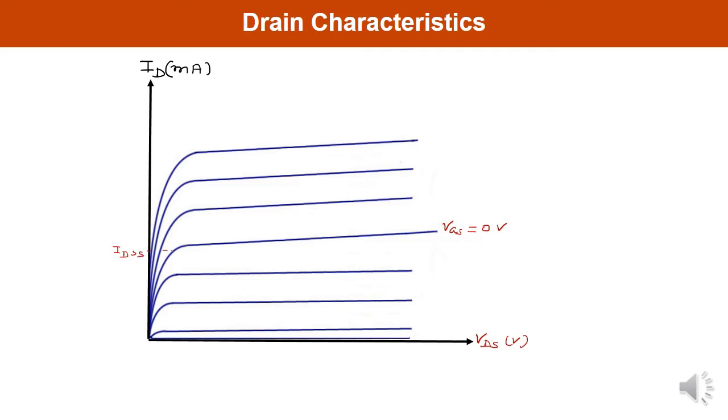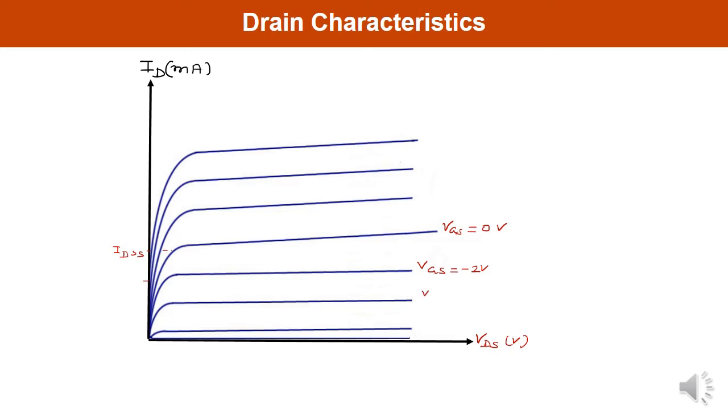On the y-axis, the drain current is plotted over here. So even if VGS is 0, drain current flows through the depletion type MOSFET. If you increase VDS in small steps, you can plot the curve by keeping different values of VGS. As I told you in the previous section, when you increase the negative VGS, let's say -2 volt, the drain current will decrease. Now you can see the drain current is this.